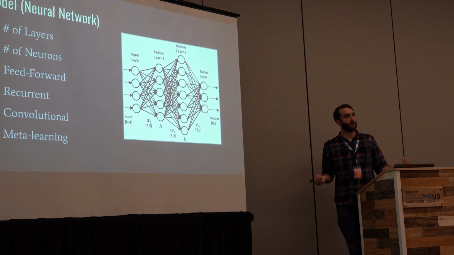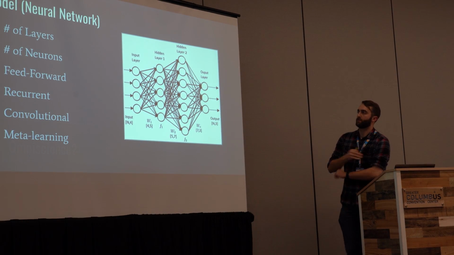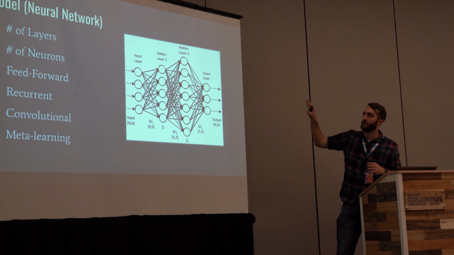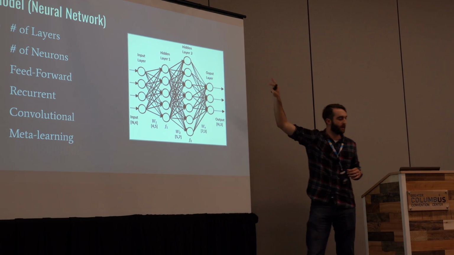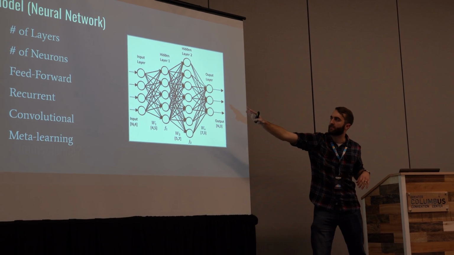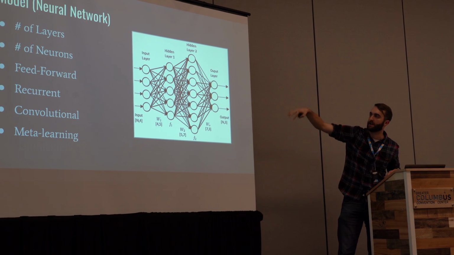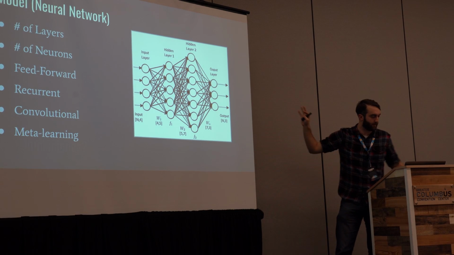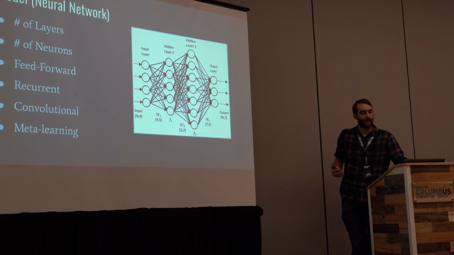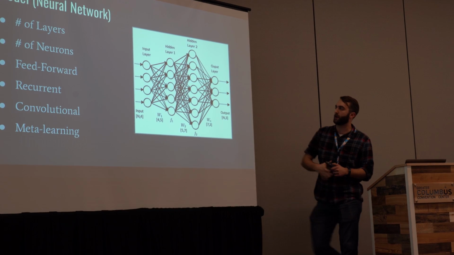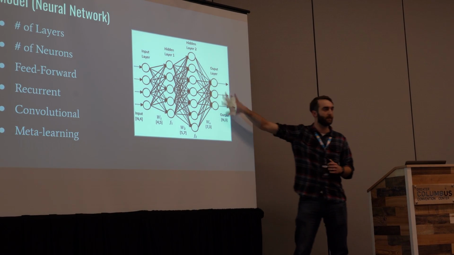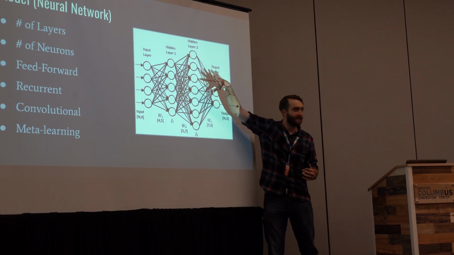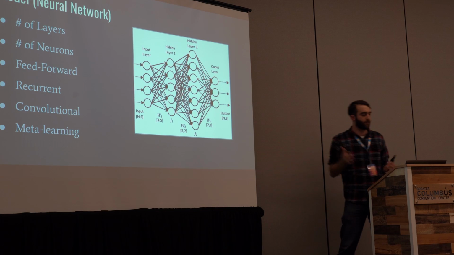Then you have to figure out your model architecture. With a neural network, you have to figure out how many layers are in your network and how many neurons are going to be in each layer. For my game, there's basically 7 layers, and each network has, I think, about 500 neurons in it. So it's doing a lot of matrix math in order to make this work. Besides that, you have to determine how the connections between the neurons are going to be. If it's this really simple version where everything is just connected to everything, that's called a feed-forward network.